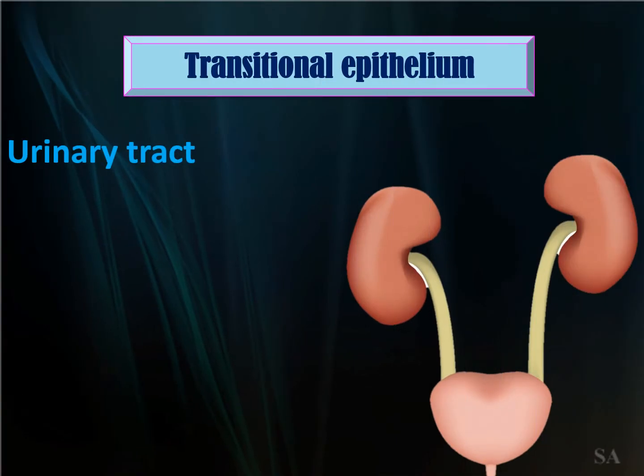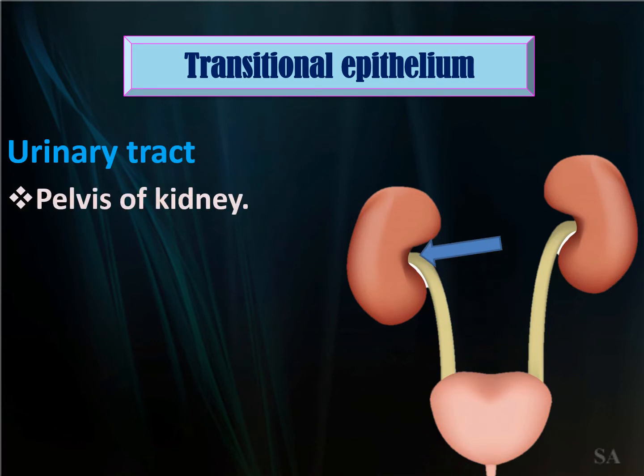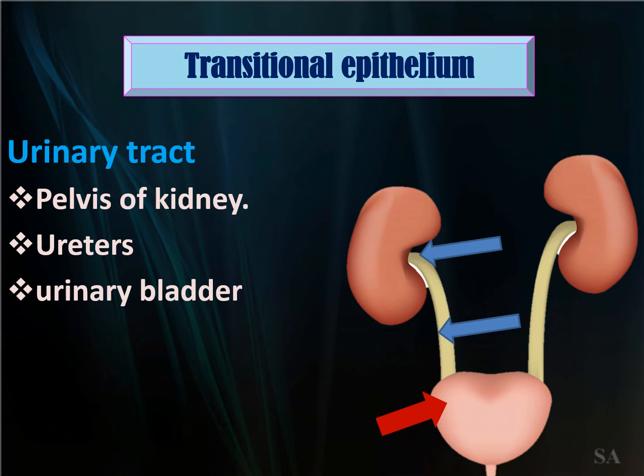Now we will move to the transitional epithelium. Transitional means transition. It may be transformed to another thing. So transitional means it is transformed. How it is transformed, we will know now. Transitional epithelium is present in the urinary tract, in the pelvis of the kidney, in the ureter, in the urinary